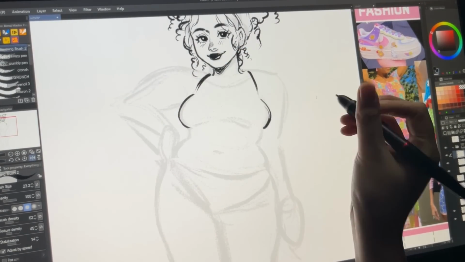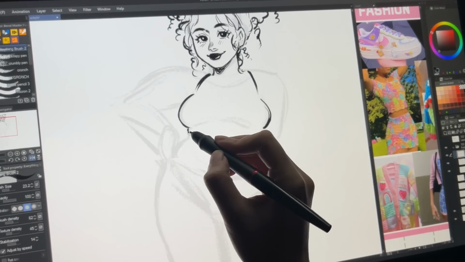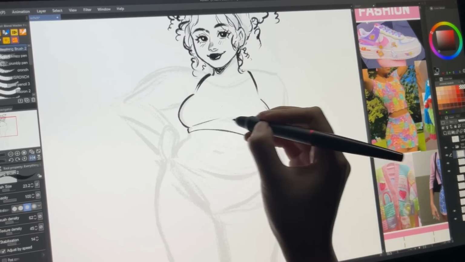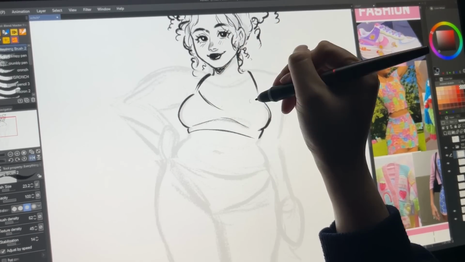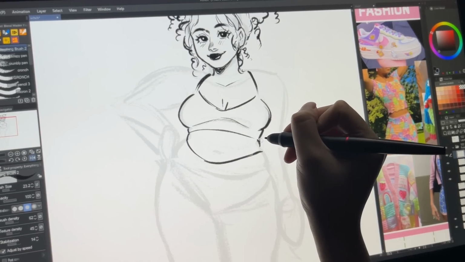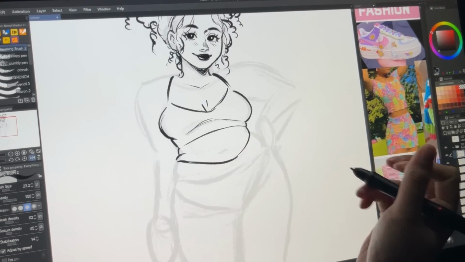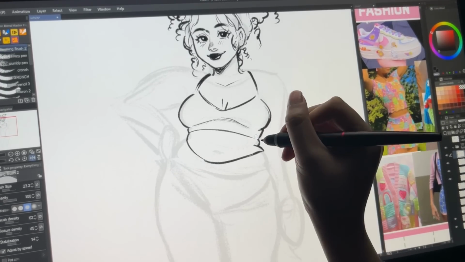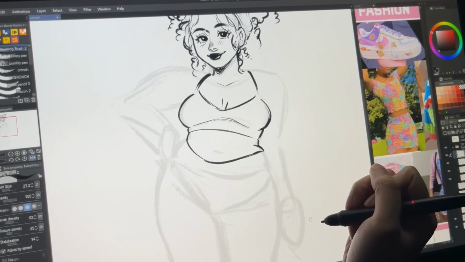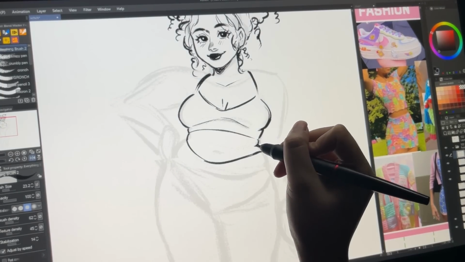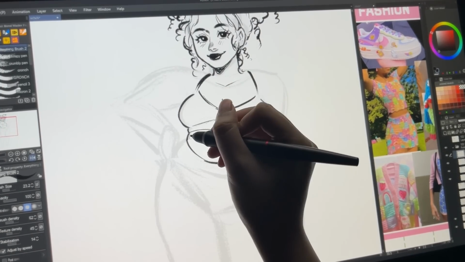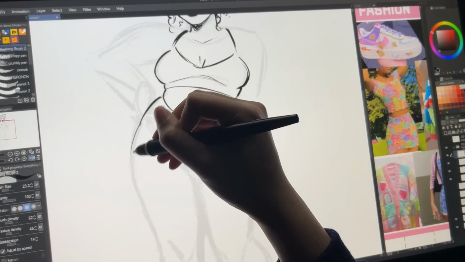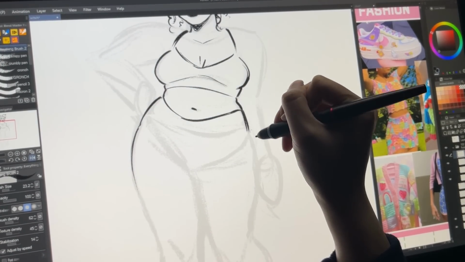her top to be one that was showing skin because I didn't want to cover up a nice belly I just drew. And I was also struggling with this fold here on her side, because that is something that happens when you have fat on your waist: it creates a fold or a line on the side. I wanted it to be there, but when I drew it, it looked wrong, or it looked weird, and it didn't look like how it's supposed to, so I just left it out for now and I'll tackle it later on.